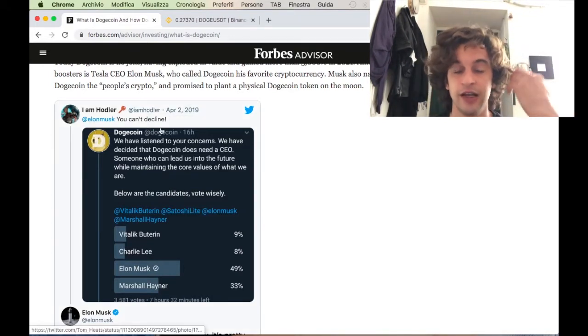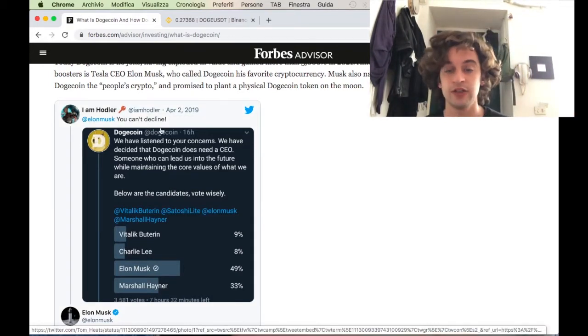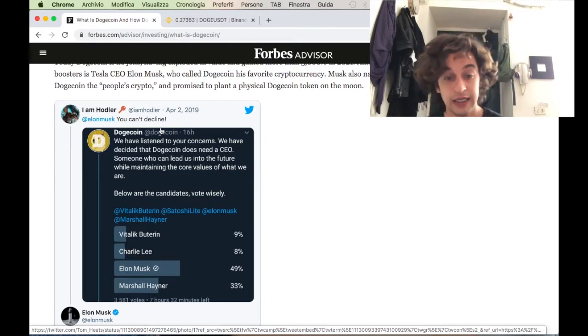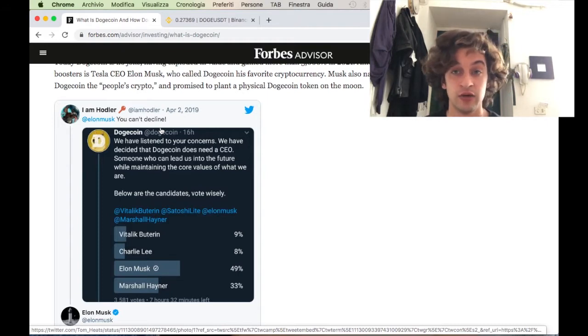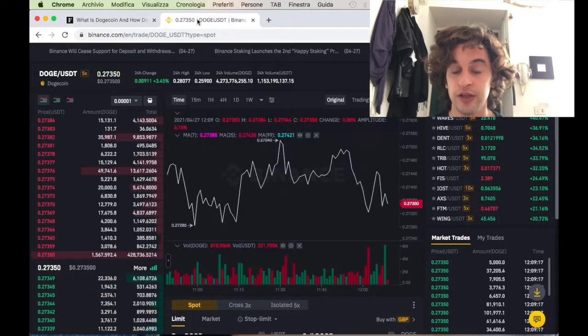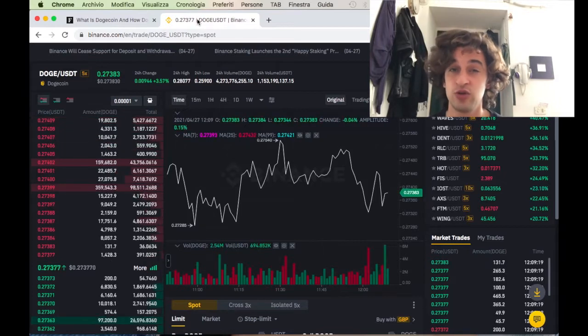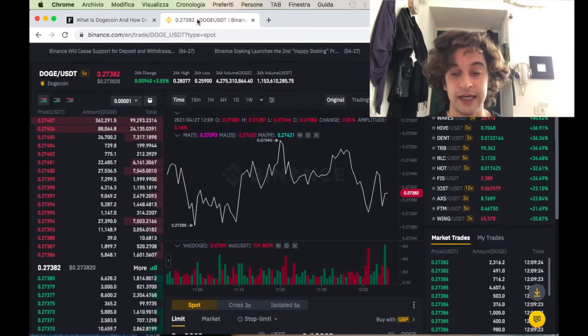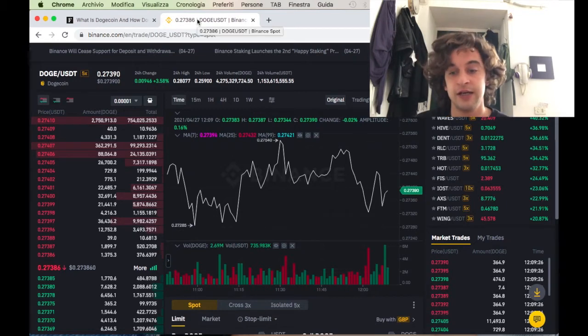I personally have a little invested in it just to make some quick gains when there's a bull market, or a lot of crypto investors just decide to pop it up. Elon Musk decided to tweet it out, and one important thing is that Elon Musk does support it, and when he tweets about Dogecoin, there are a lot of spikes in the market, and Dogecoin usually gets around 10 to 15% profit within the 15 minutes after he tweets it out. So that is also a good exit point.